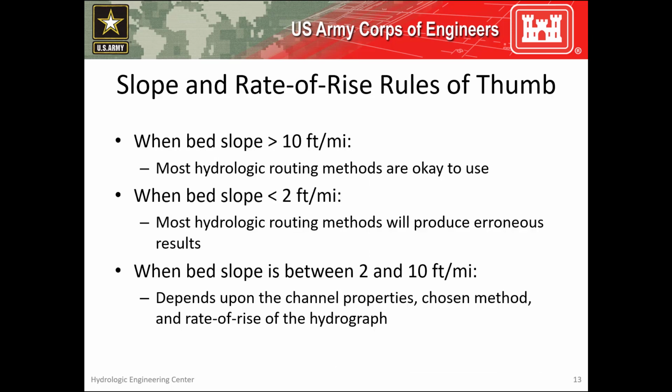And here are some rules of thumb that you can use. For channels with bed slopes greater than 10 feet per mile, most hydrologic routing methods are okay to use. For channels with bed slopes less than 2 feet per mile, most hydrologic routing methods are going to fail and produce erroneous results. In between 10 and 2 feet per mile is kind of a gray area. The accuracy of the results depends upon the channel properties, the chosen method, and the rate of rise of the